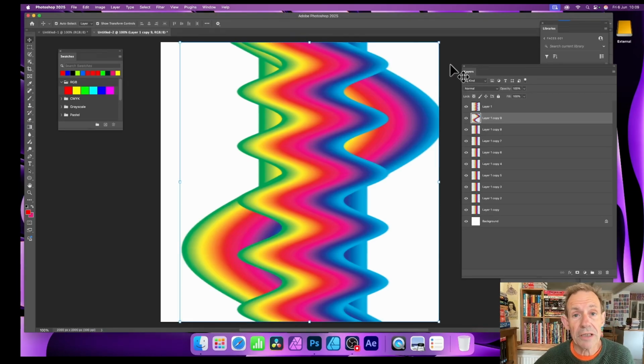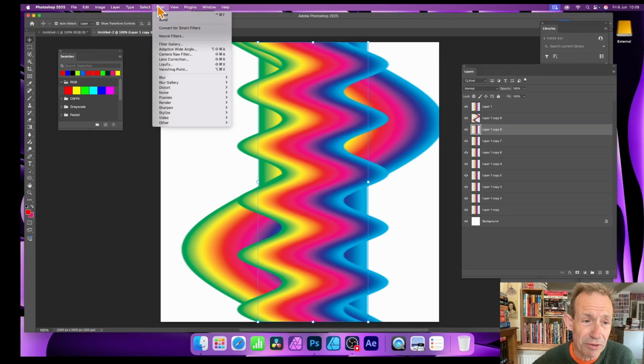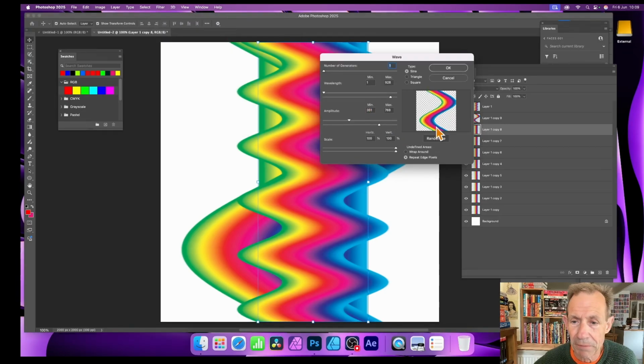And you can see then you've got another design behind that. And then you can go to the next one and you can see what I'm doing. I'm just going down to filters and again, distort and wave. Sometimes I go down to this one. No, distort and wave. Quite easy to go past that one.